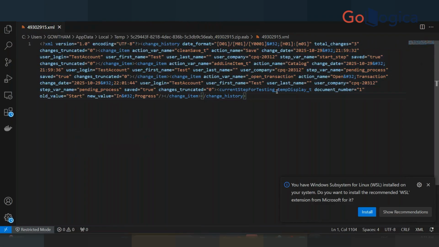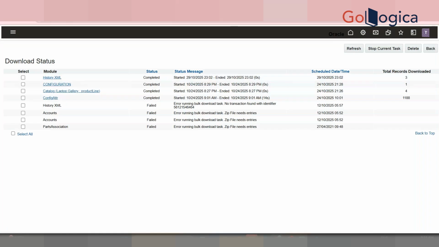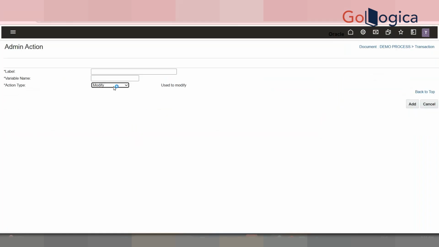see, it is going to track the changes or the actions that happened. Okay. Here if you see, the change item is add line item. I have clicked on add line item. Then what happened? User first name, user login, what are the changes that we have done, and on open transaction. I mean, we have opened the transaction, which means it is going to be considered as an open transaction. All these changes, if you want to have on the quote itself, then you are going to use